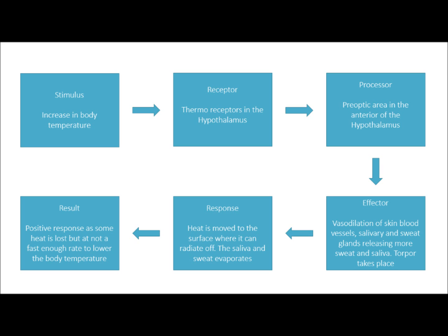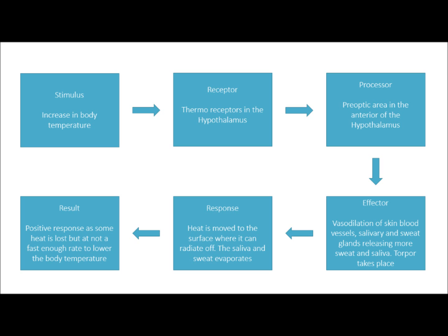The effector is the skin blood vessels which dilate, vasodilation, allowing blood to flow through them to the extremities and surface of the skin. Salivary glands release more saliva and sweat glands and pores release more sweat. Again, torpor can occur, which is explained later. The response is that the heat the body is producing is moved to the surface where it can radiate off. The saliva evaporates, releasing excess heat with it, and the sweat evaporates, cooling the skin temperature and releasing excess heat